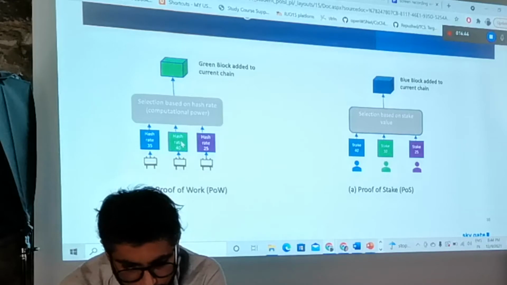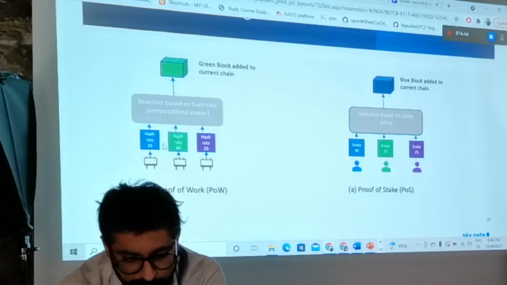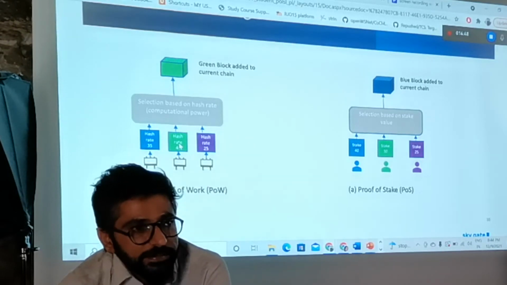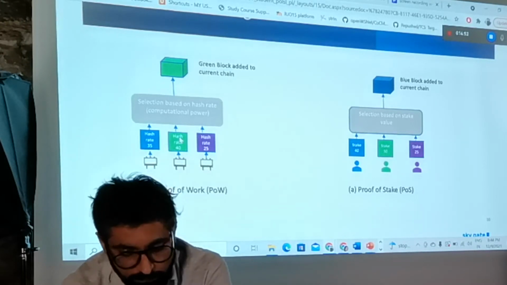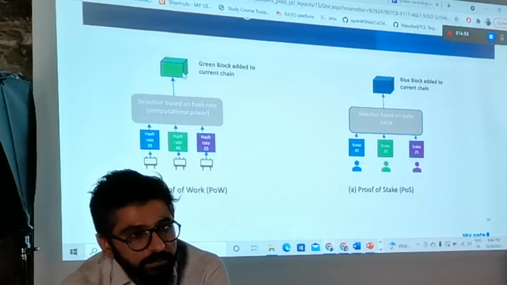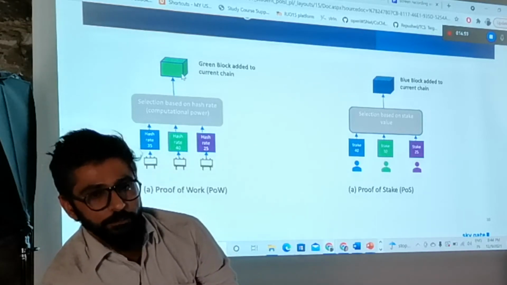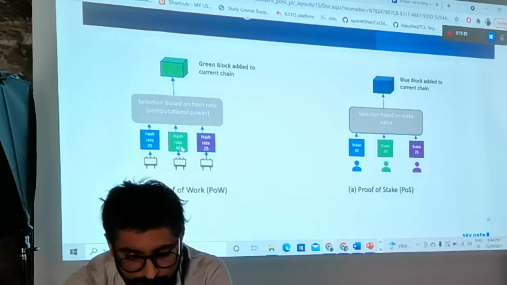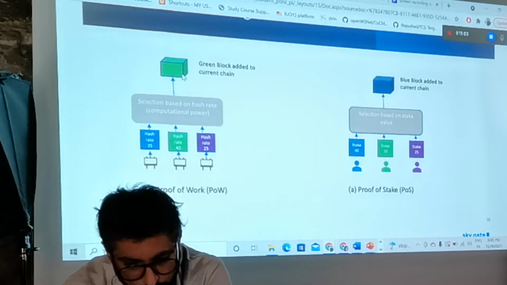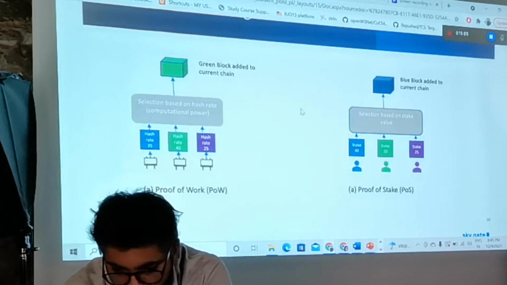So if there are three nodes and each one is solving the puzzle, each one is validating the transaction, the one who is doing the work more and faster will get its block added into the chain. Like the green one has the higher hash rate, so this particular block will be added to the current blockchain. In proof of stake,